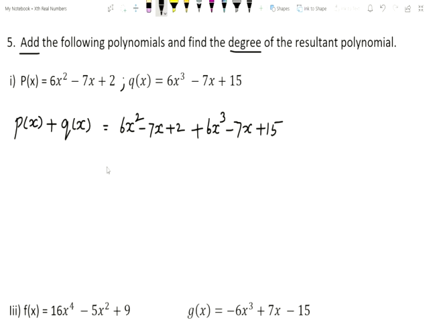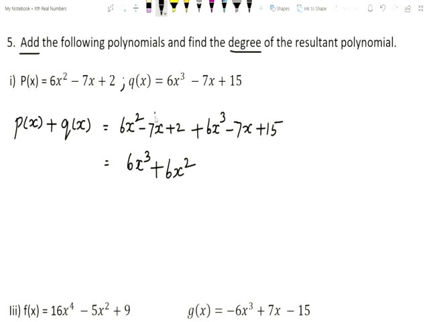See here. First see the powers of the variable. Here power is 2. Here power is 1. Here 3. Here 1. In this, which is the highest power? 3 is the highest power. That you write first. 6x cube. Only one 6x cube is there. Are there any other x cubes? There are no other terms, so you can write it as it is. 6x cube. Then x square. Only one x square is there, so write as it is. Plus 6x square.